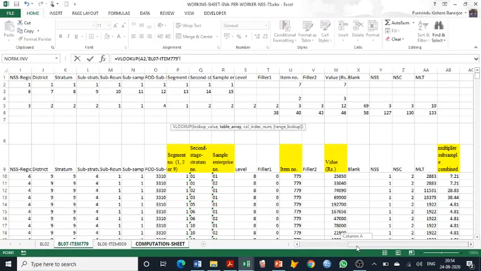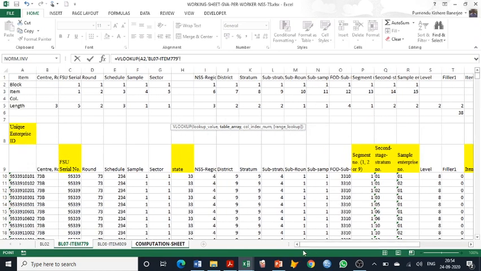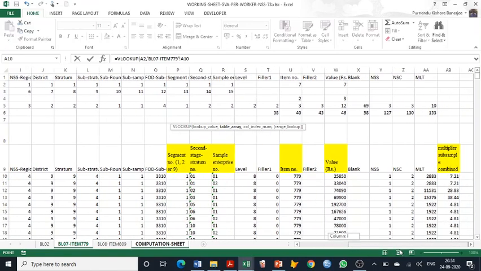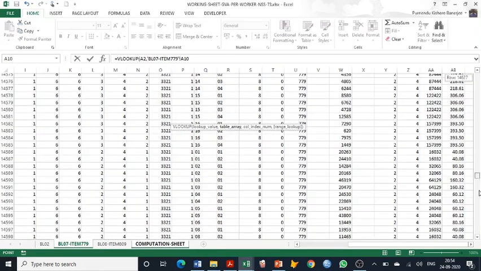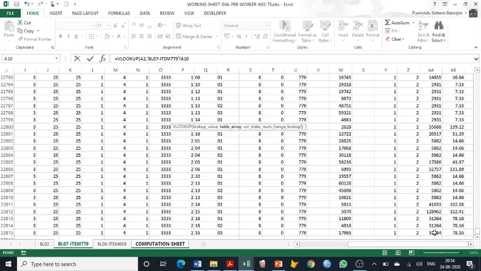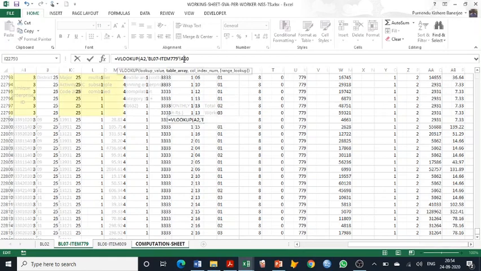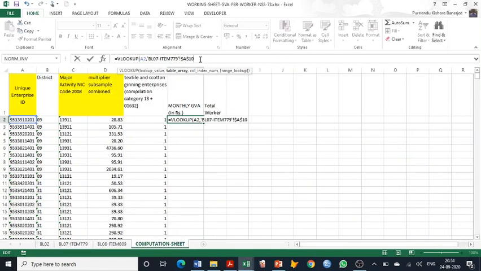So block 7 we have this unique enterprise ID starting from here, and we have the value in column W. So we have to go up to the end of column W, select that entire range, and then do it. So what we will do, like before, we will press F4 here so that we get absolute cell address,